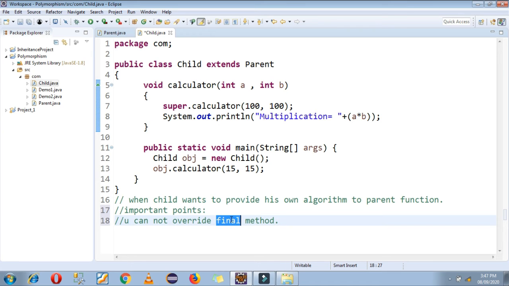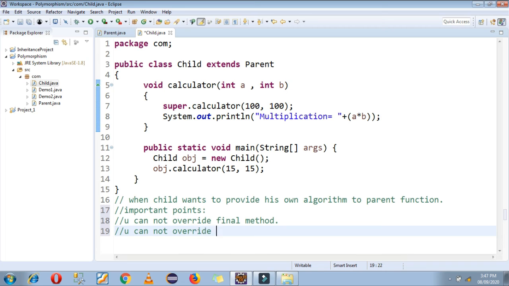When we declare some method as final, that means it is restricted. You cannot create a copy of that function. That's why you cannot generate another copy of that final method, as well as you cannot override an abstract method or a static method. You cannot override a static method, but you can redeclare that static method.